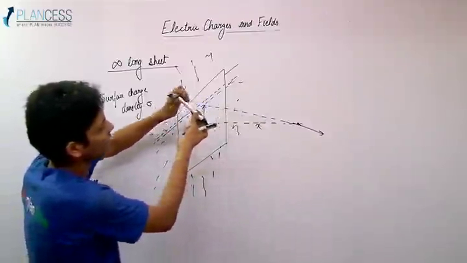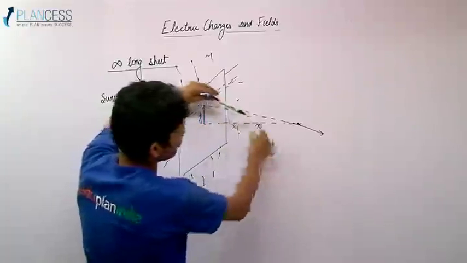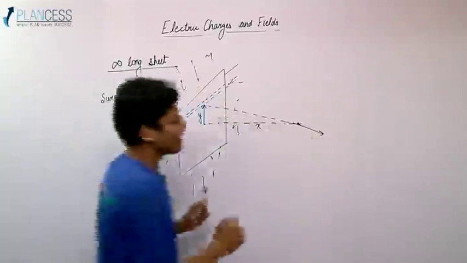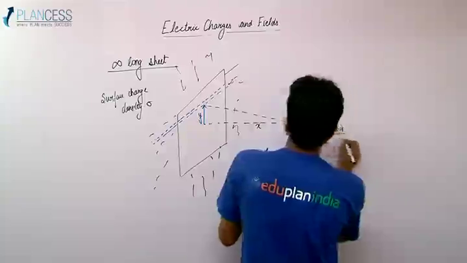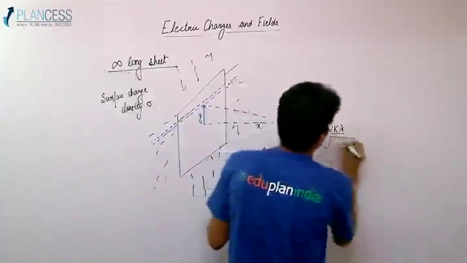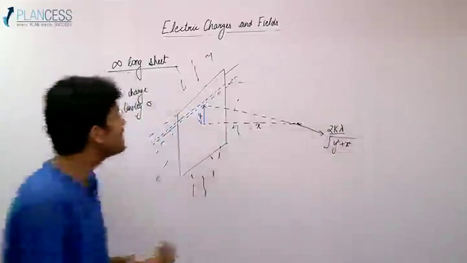So if this point is like this, as in the case here, the electric field would again be radially outward in this direction. This electric field can be written as 2k lambda by r, as we derived just now, where r would be root over y square plus x square, wherein lambda was the linear charge